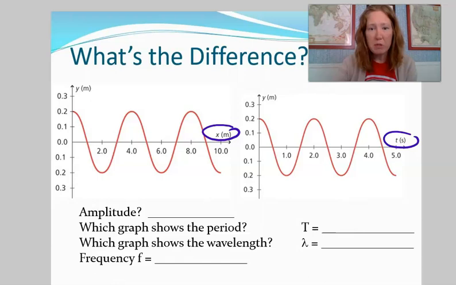Okay, but in any case, you need to be able to read these graphs. So let's measure the amplitude. That's the same on both. I always measure from 0, and I measure up to the highest height or down to the lowest valley. Now this should be labeled with a negative sign, but I take the absolute value. So this would be 0.2 meters.